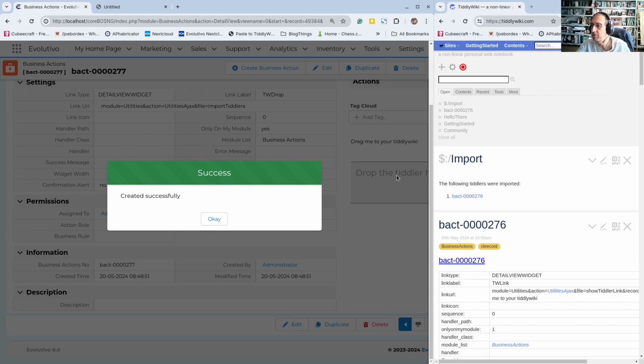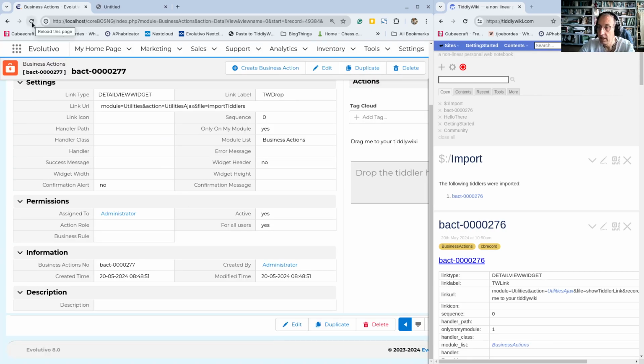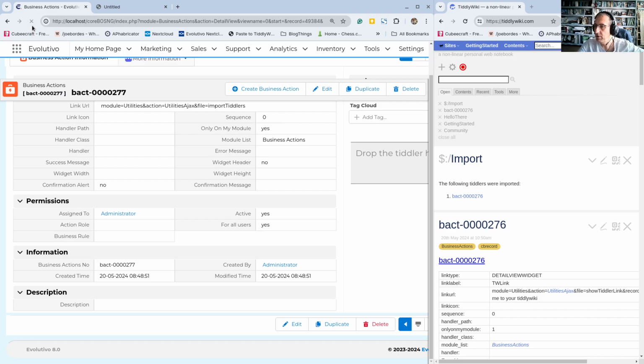So basically what happened was that it recognized that I'm sending in a tiddler that is actually a record in Evolutivo, and it updated this record. It didn't refresh, because, as I said before, it's not really related to the record. It doesn't know it has to refresh this. It doesn't even know what it brought in, actually. But if I reload,